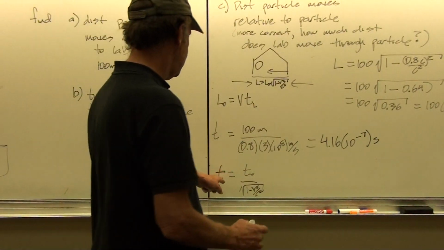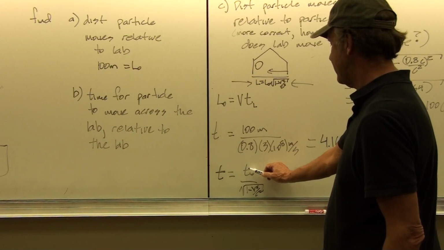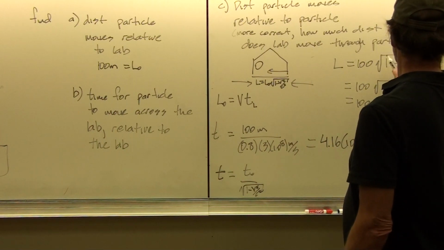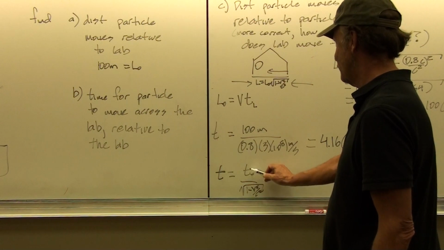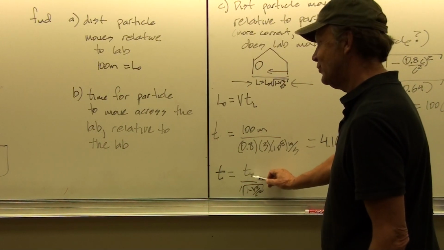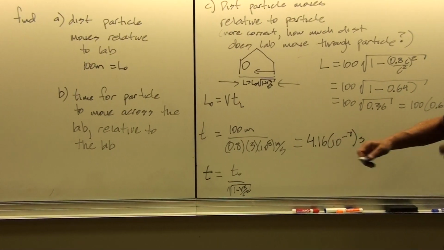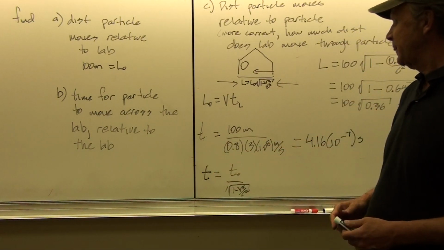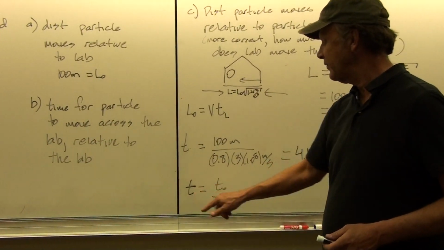Because in other words, t here is 4.16 times 10 to the minus 7. This is 2.5 times 10 to the minus 7. But then that's divided by the square root factor, which is here, 0.6. Okay, and so 2.5 divided by 0.6 is 4.16. So by working this whole thing out, we were able to also verify the time dilation relationship between the rest time and the true time